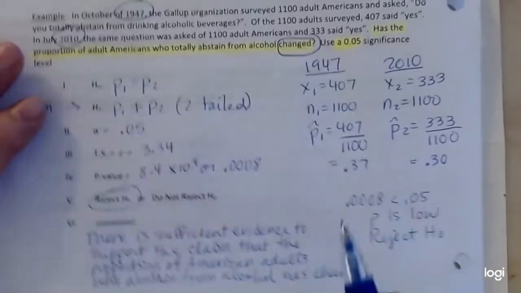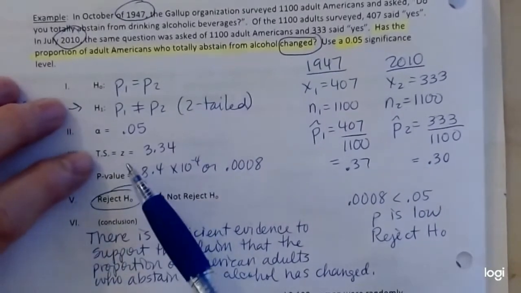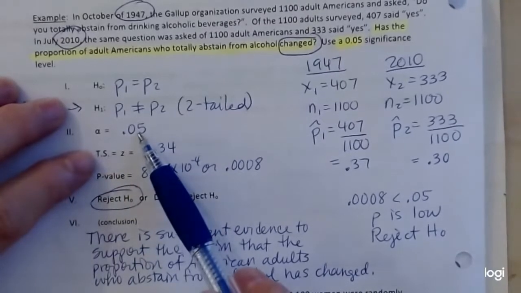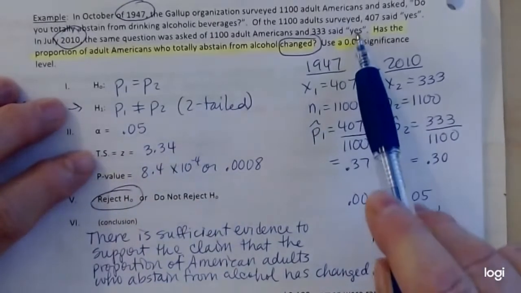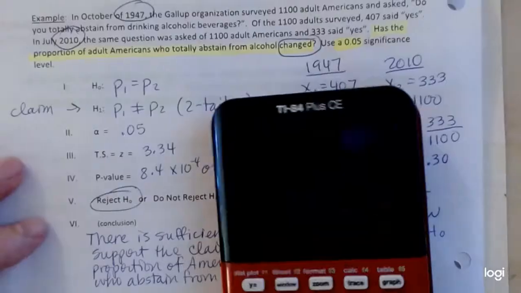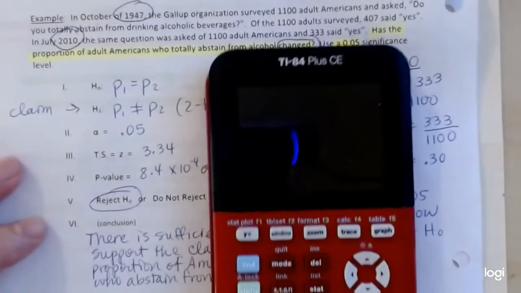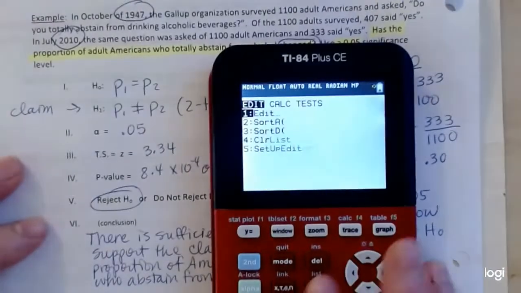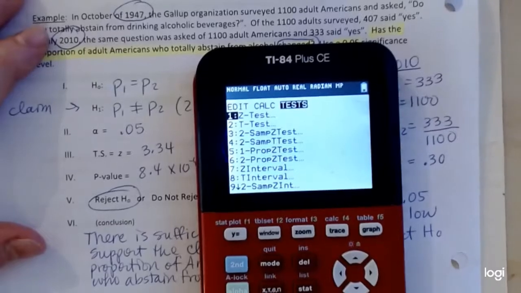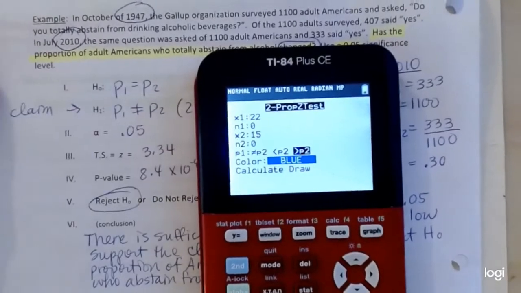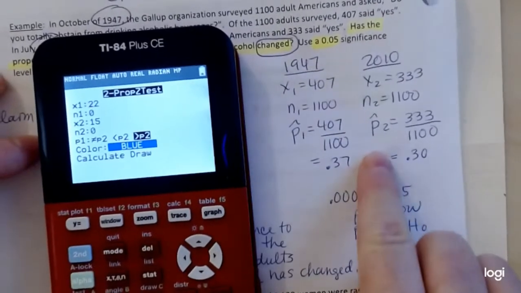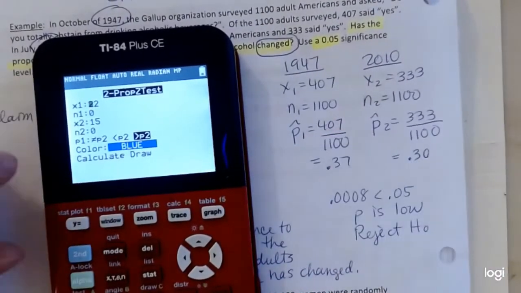The calculator will give you this as well if you need it. The test statistic is 3.34. It is a z-score. We filled in alpha, which was given in the problem as 0.05. And then when we perform this on the calculator, because remember we're doing a two-prop z-test, we've got stat, tests, this is number 6, so it's down here, and we put in the information from here. So x1 is going to be 407,